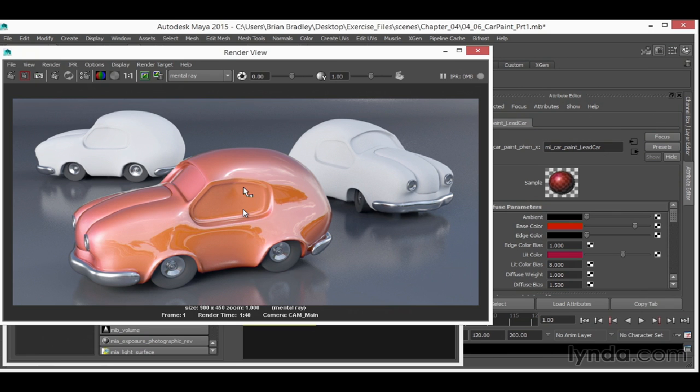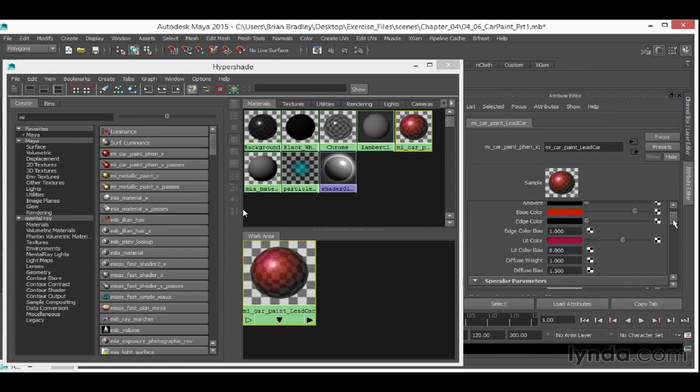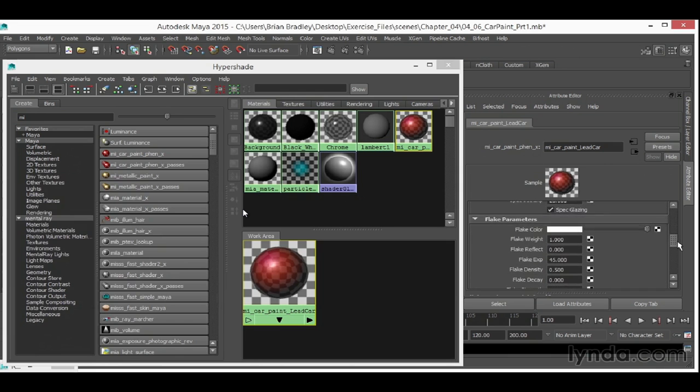Indeed, the one thing that pretty much everybody seems to love to do with the car paint material is create a more metallic looking paint job by adding reflective flakes to it. In fact, as we look at the controls over in the attribute editor, we can see that we do indeed have a whole rollout dedicated to